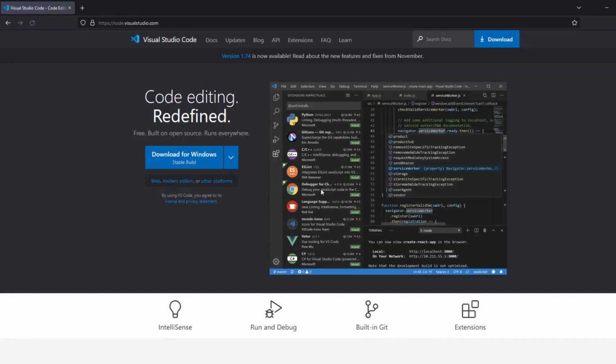And what that's going to do is bring up the website for Visual Studio. If you already know what you're doing, go ahead and start out here. Click on Download for Windows. However, if you're just getting started with Visual Studio Code or VS Code, you're going to want to learn how